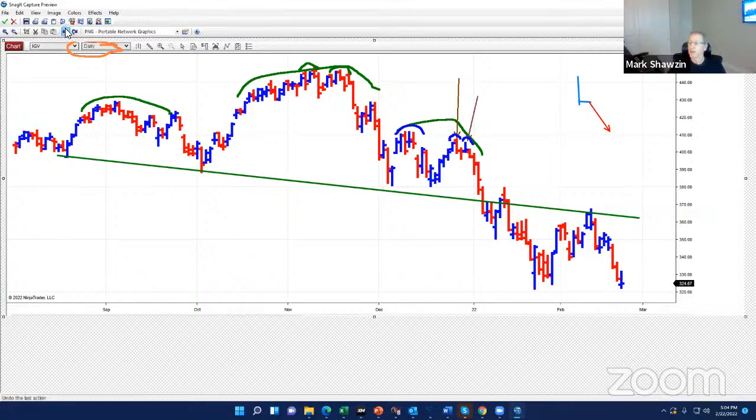So Sang, whoever asked me how I determine the entry: once I see this key reversal in the direction I'm looking to be headed, I set up my execution strategy, which says I'm going to put a pending order, a sell stop, right under the low of that day. I really want the market to confirm what I'm looking at. So if the next day the market opens and goes up, I'm not going to be triggered. No harm, no foul. But if the market opens and sometime during the day it comes in and picks me up, then I'm likely to be put into a good trade.